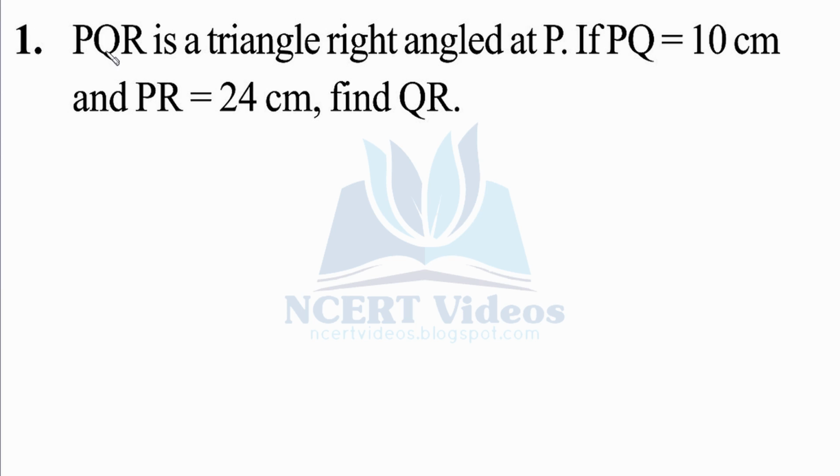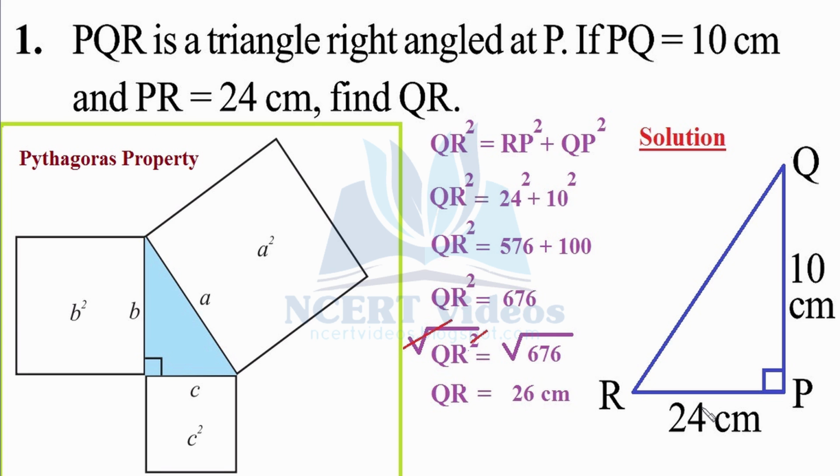Question number 1. PQR is a triangle, right-angled at P. If PQ equals 10 cm and PR equals 24 cm, find QR. This is the required right-angled triangle, which is right-angled at angle P. Here, the measure of line segment PQ is 10 cm and measure of line segment PR is 24 cm, and